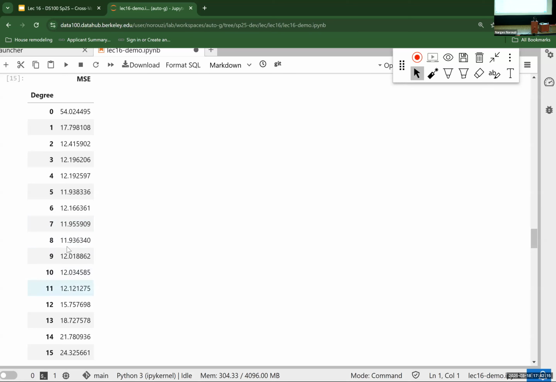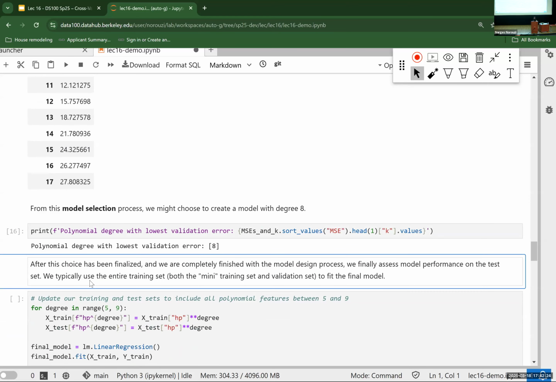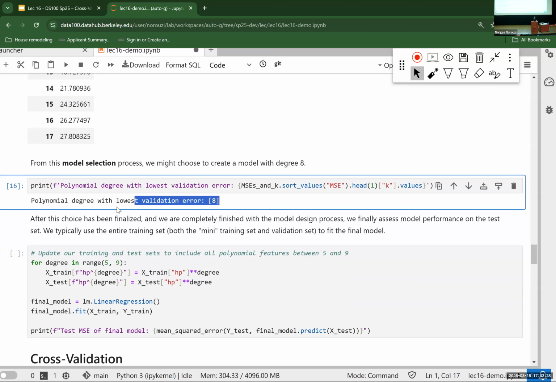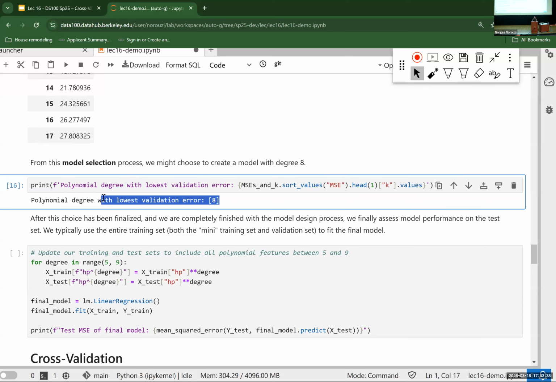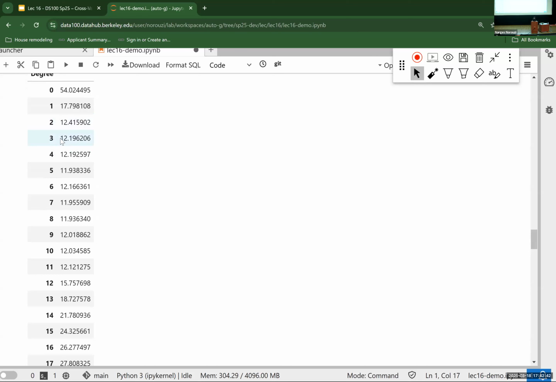So again, we plateau-ish a little bit, from 11 to 12 you're seeing that the value keeps increasing. If I go ahead and get the polynomial degree with the lowest validation error, that's going to give me 8. So that's the lowest possible that we have. But again, it's a question of whether it matters after degree polynomial 2 or 3,